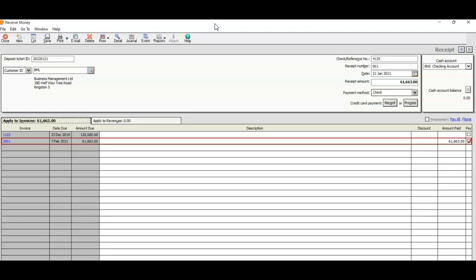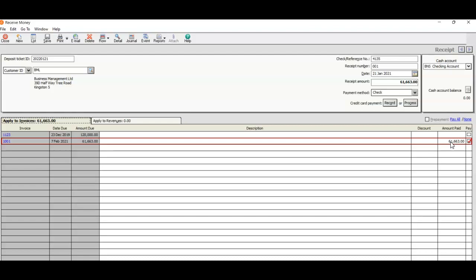We selected the customer, and as we selected the customer, Sage brought up over here all the outstanding invoices that the customer has for you. Now, by clicking over in this pay box, in the pertinent line, then it will autofill the full amount on the invoice, but you do have the option to record part payments